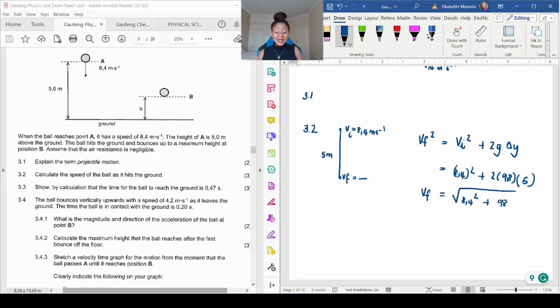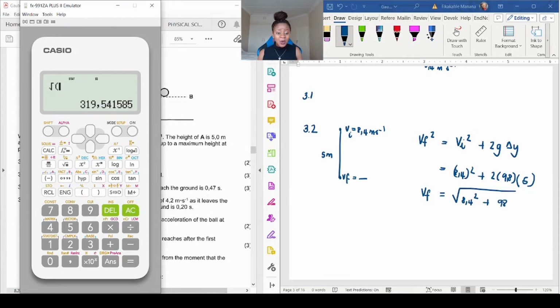But in the calculator, I'm putting things as they are, because you cannot just trust anything. 8.4 squared plus 2 times 9.8 times 5. When a calculator doesn't put the square root over the entire thing, I start having trust issues, because I'm thinking, where is the square root applicable? So the final velocity is